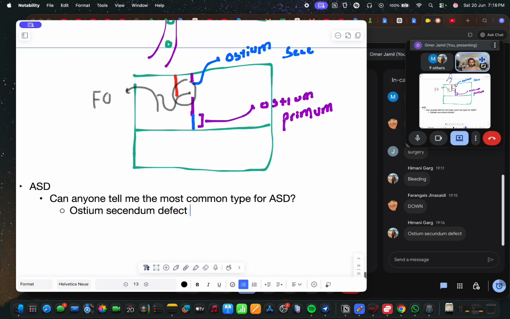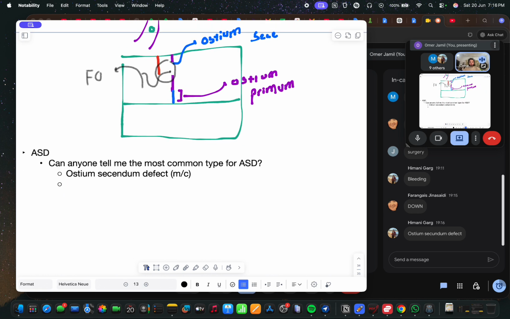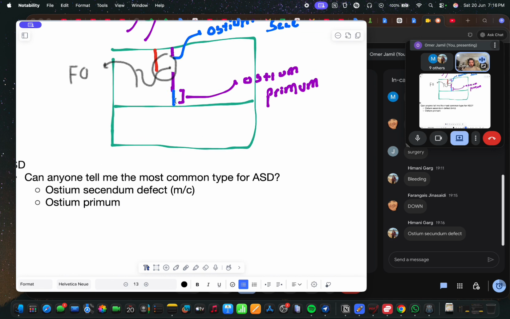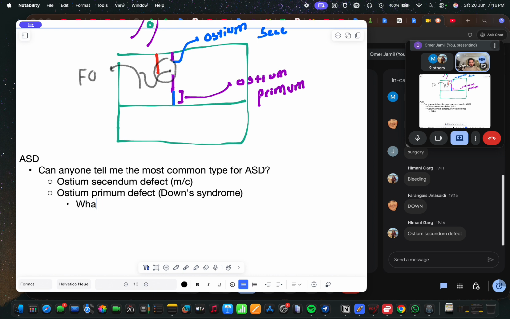But if they ever give you a question where the patient has Down syndrome features, then it's ostium primum, this small perforation that we had in the bottom initially when the septum primum was coming in. Always choose this option when the vignette is trying to point you towards Down syndrome. Okay, what are the